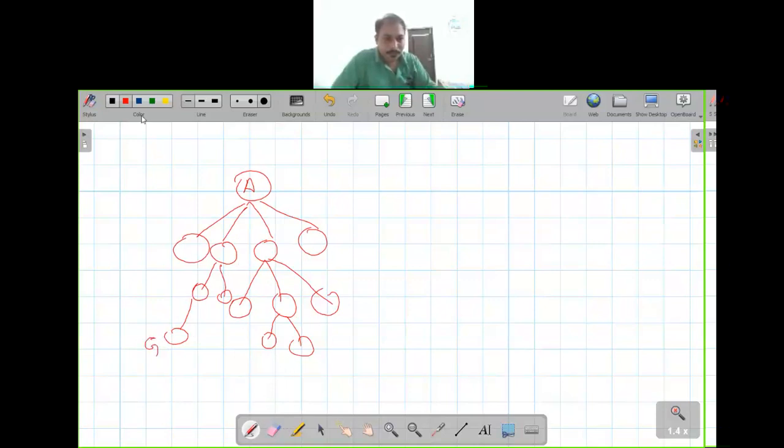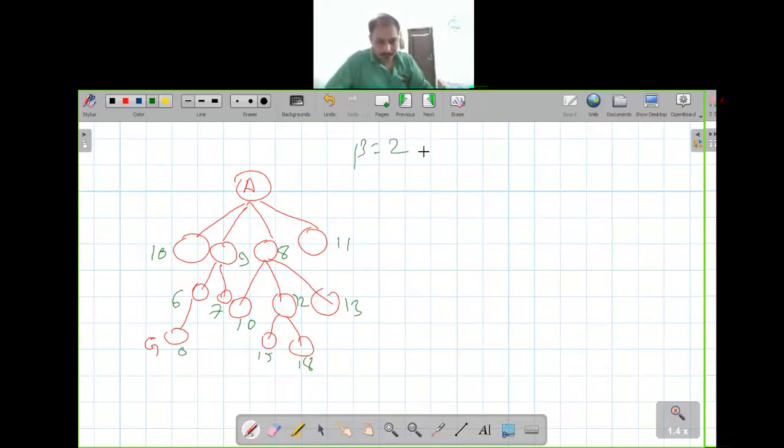The heuristic values are 10, 9, 8, and 11. Then 12, 13, and 10, 15, 18, 6, 0. Okay, suppose this example is given and the value of beta is just 2.